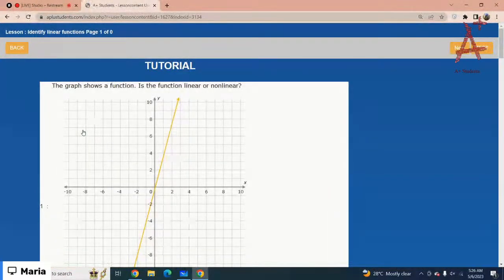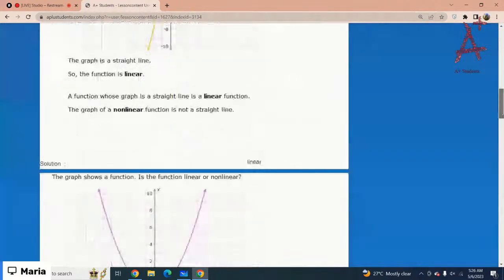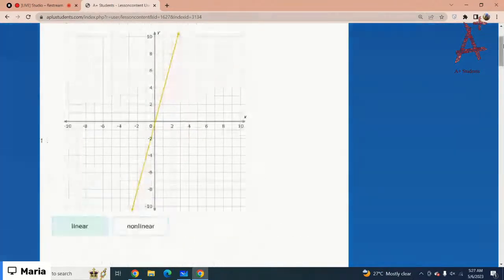Okay, so the graph shows a function. Is this function linear or non-linear? Linear word is related to line. That means if the graph has a straight line, the function is linear. Otherwise, the function is non-linear. So the given graph is a straight line, so this is a linear function. Got it? A function whose graph is a straight line is a linear function. The graph of a non-linear function is not a straight line. Got it? Let's just start with the